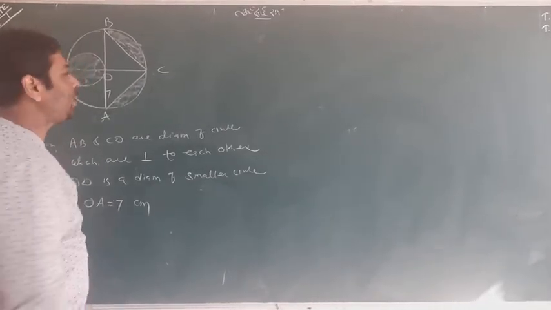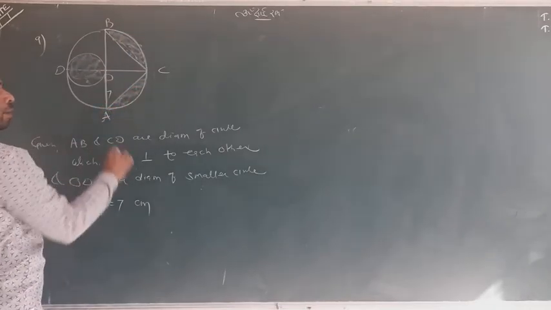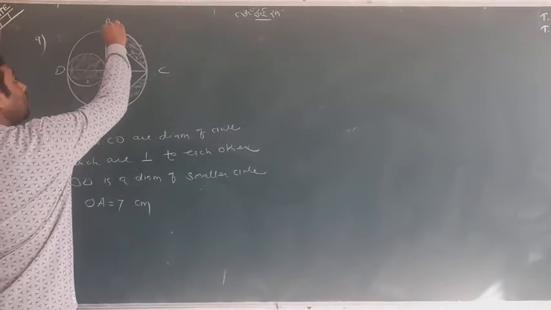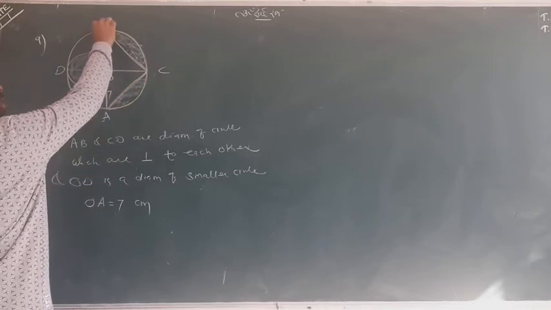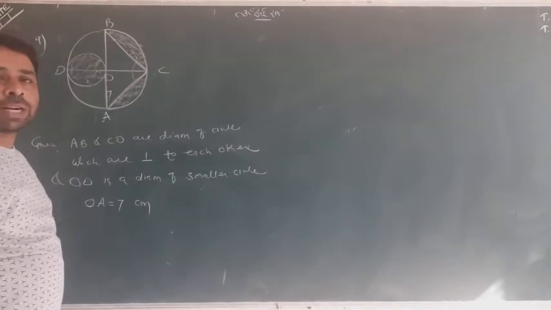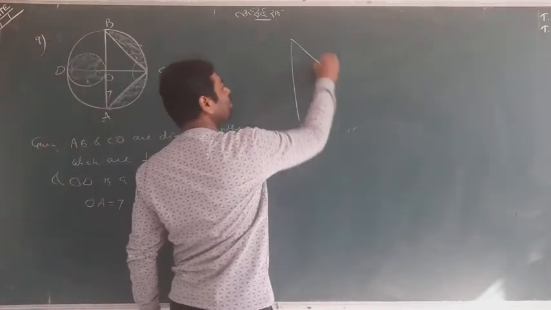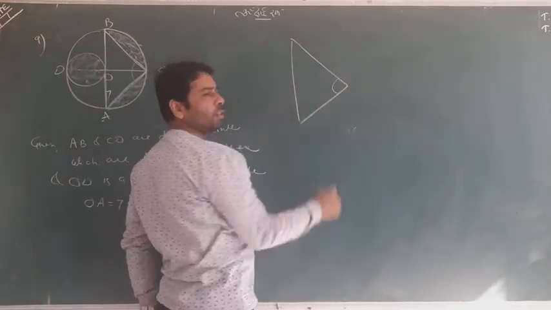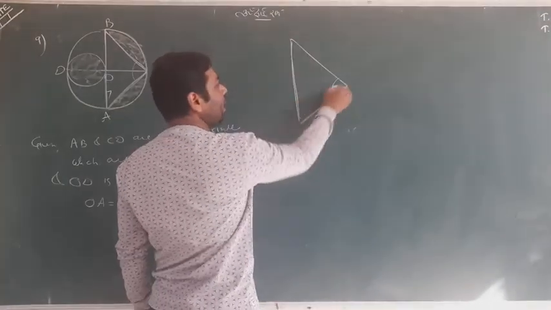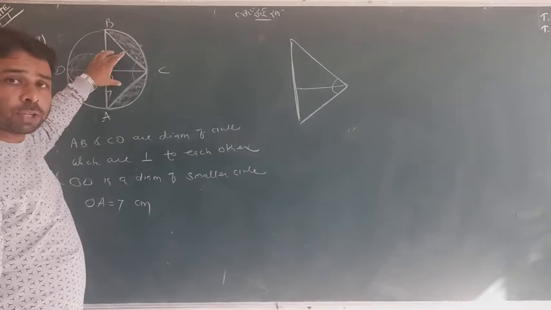This is none else but a semicircle whose radius is OA, which is 7. So find the area of the semicircle minus the triangle. Can you think that it is a right angle triangle? Why? Because it is in a semicircle, on a diameter. So what is the formula for the area of a right angle triangle? 1 upon 2 base into height. So base is this and height is this. This is 7 and this is 14.